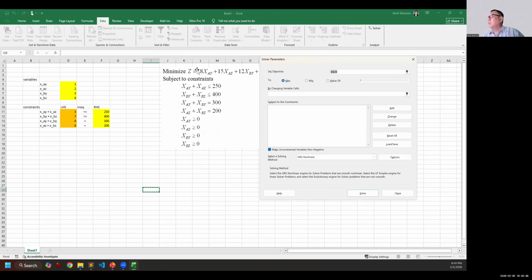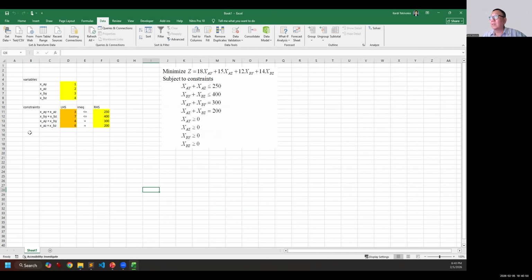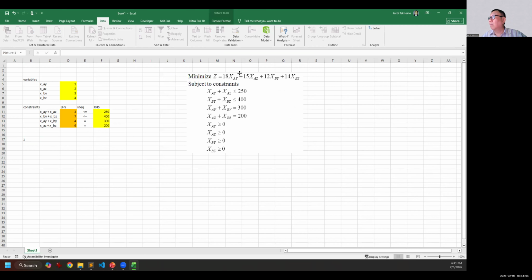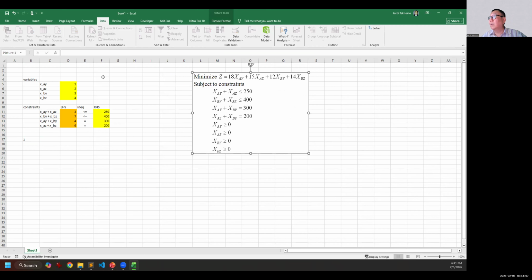Oh, we did not make the objective function yet. Okay, so let's do the objective function. The z. Okay, so what is the objective function? Okay, I will type here. This is the coefficient.